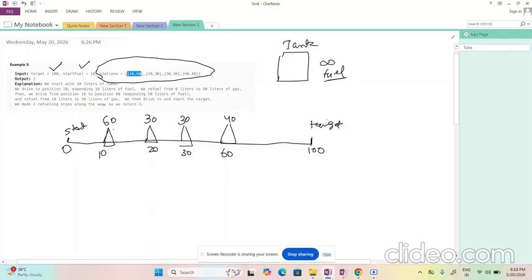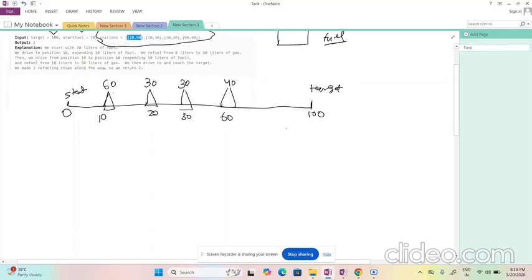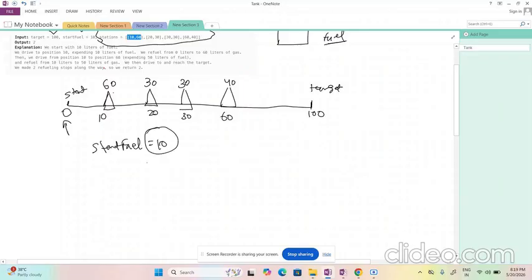All right, so coming on to how we can think about this. We will start at this position. The start fuel which is given to us is 10. With this amount of start fuel, we can reach this position.